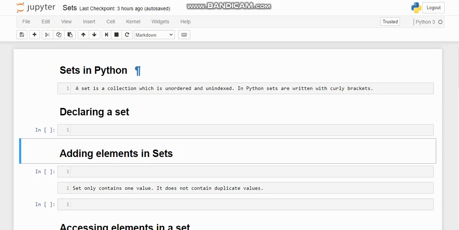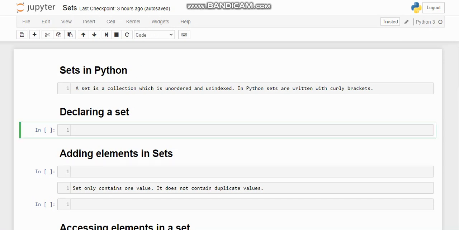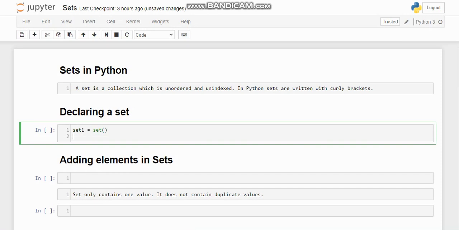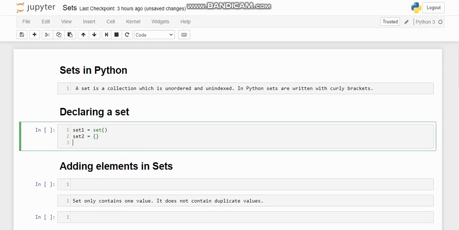The first approach is we'll give the set name and then use this set function to declare an empty set. The second approach is I'll declare an empty set with curly braces. Now the third approach is, along with declaring, I will put the values into the set as well using this set function